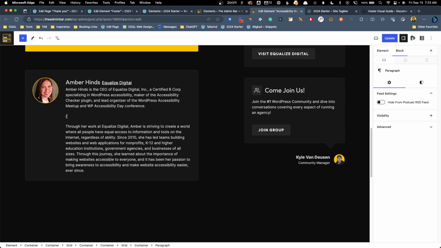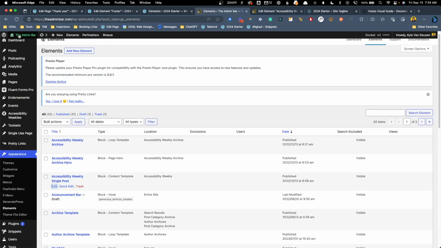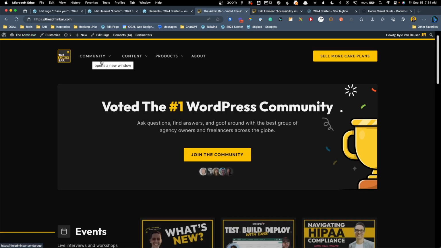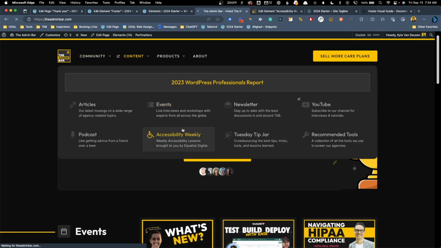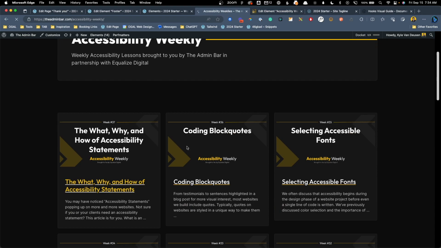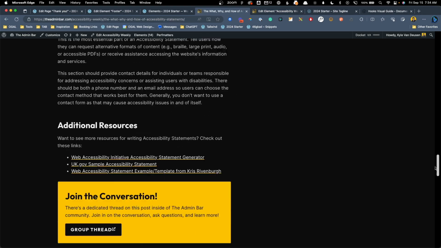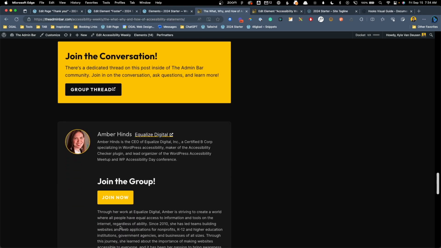So for this, we're going to do the double opening brackets, and you guessed it, for this one, we're going to do hook dot, and we're going to call this demo_CTA since that's what we named our custom hook. So now we'll go ahead and update this template, and we'll quickly go to the front end. We'll go find an Accessibility Weekly post, and we'll scroll down to where Amber's bio is. And here you can see now our call to action we created has been dynamically hooked into the middle of